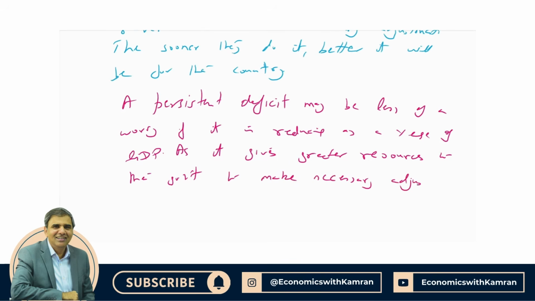When a deficit is falling as a percentage of GDP, it means we have more GDP left after taking care of the deficit, and we can spend that money on making needed reforms in the economy. But the country whose persistent deficit is rising as a percentage of GDP may be in a greater problem because they have fewer resources to make those necessary reforms such as training and education, and reform in areas where the country has comparative advantage, like Pakistan, where we can raise our exports of the agriculture sector by enhancing farmers' productivity,